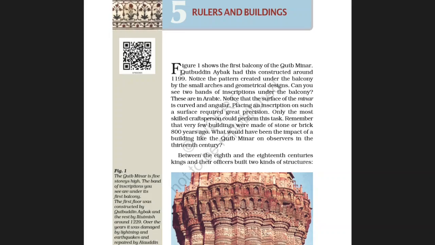Boys, you have seen many buildings have balconies. In a cinema hall or theater hall we have the highest tier of seats, that is called balcony. So here it shows the first balcony of Qutub Minar, and you must remember